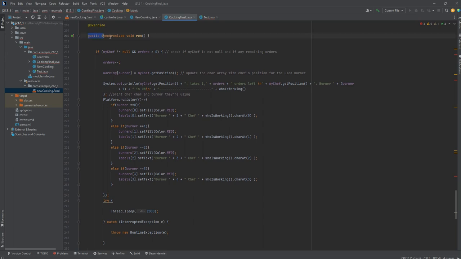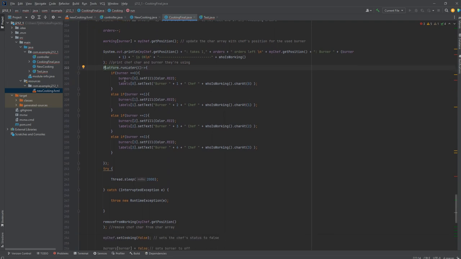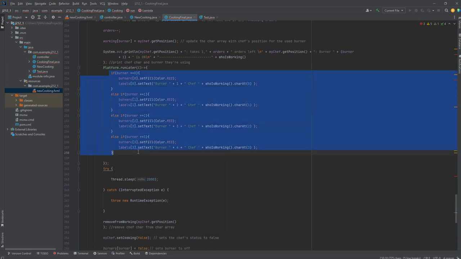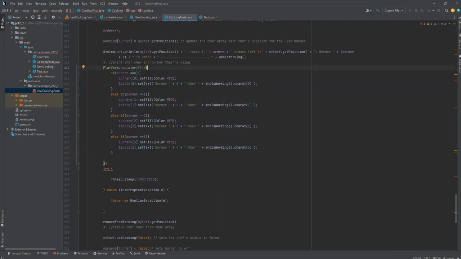The big difference is in the run method. This part is all the same, but once all of the chefs have been added and the order number has been changed, it goes through each burner and sees what current burner